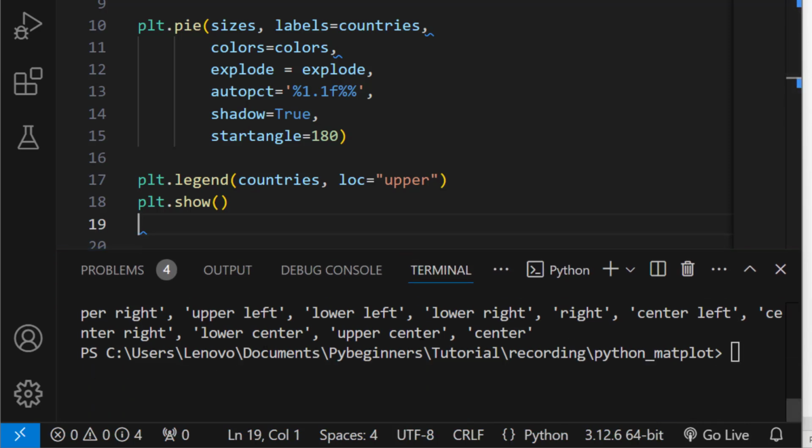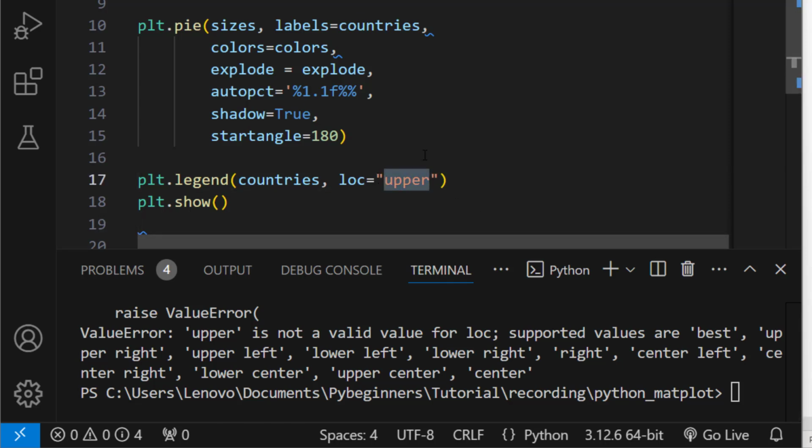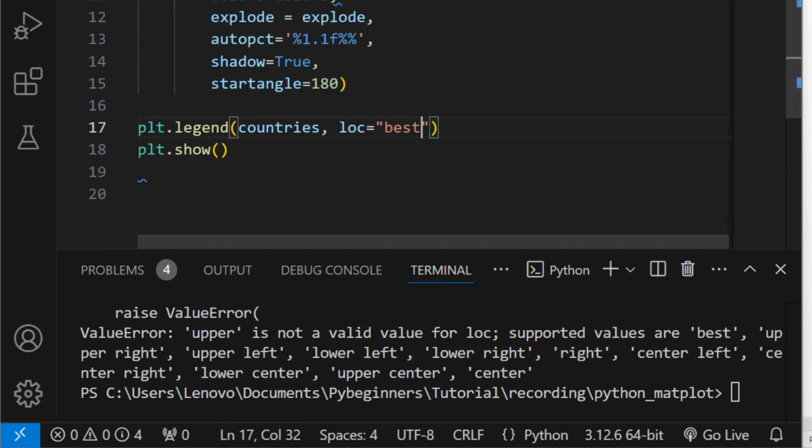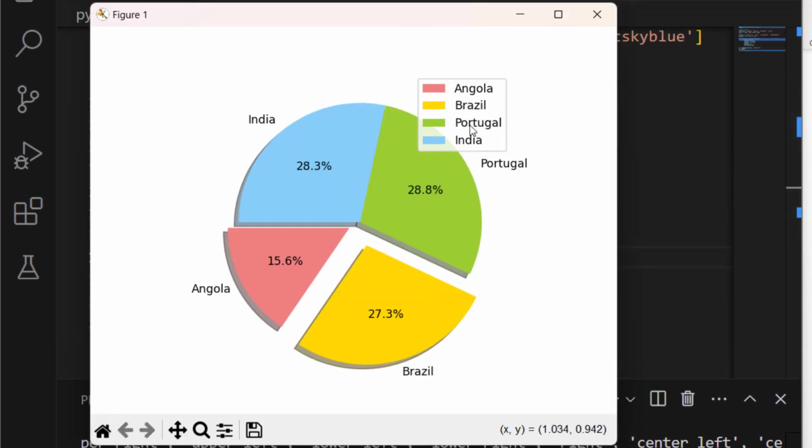So the definitions that I can give here in loc are only these. For example, best will automatically look for the best position to show it. If I change upper to best, save, and run it, it shows the best position, it's here, so we have Angola, Brazil, Portugal, India, and so on.